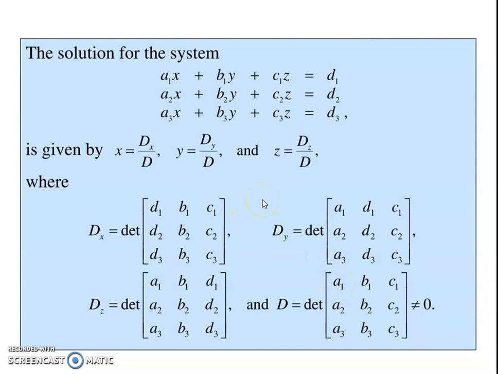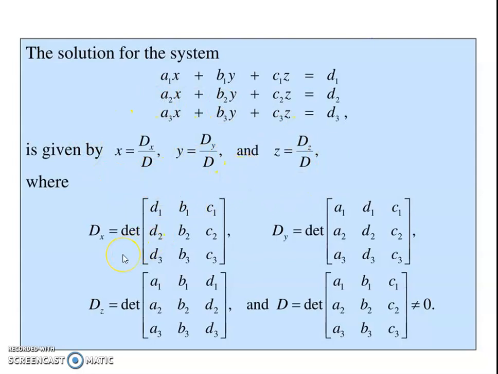But to proceed further with solving the example, we have to focus on our system. The solution for the system a1x plus b1y plus c1z equal to d1, a2x plus b2y plus c2z equal to d2, a3x plus b3y plus c3z equal to d3, is given by x equal to Dx upon D, y equal to Dy by D, and z equal to Dz upon D. To evaluate D, Dx, Dy and Dz,